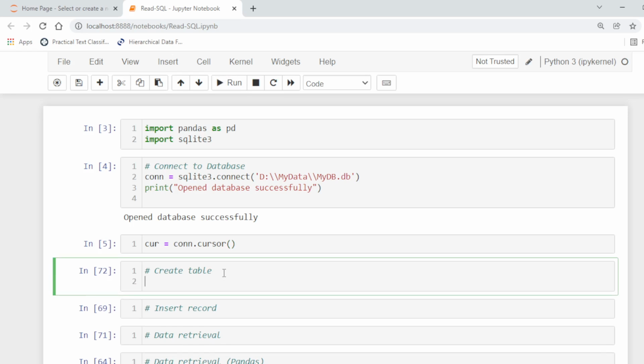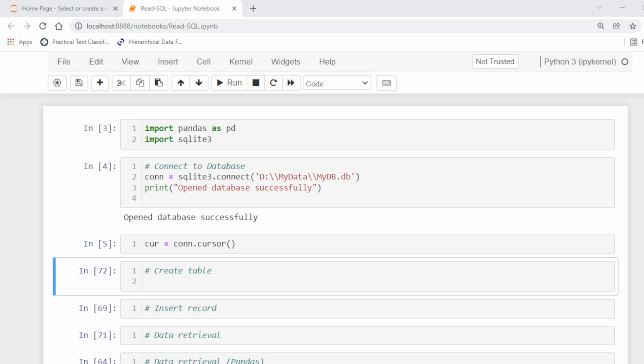Cursor is created. Now we want to create a table inside the MyDB. To create a table, we can use the normal SQL statements.